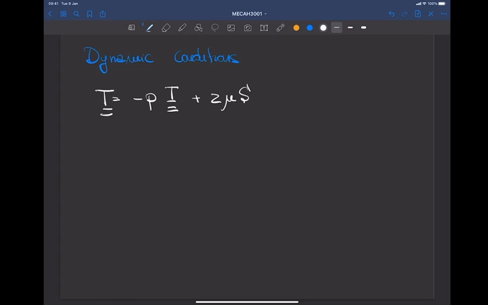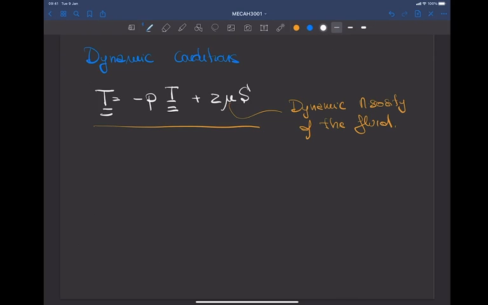And of course we have introduced this coefficient here that you remember very well. This is the dynamic viscosity of the fluid. Okay, so we have the expression that we need for the